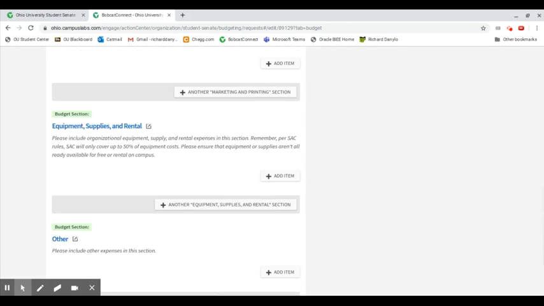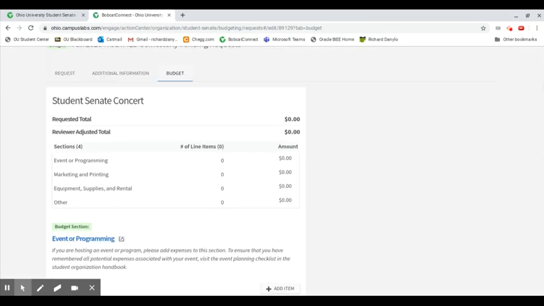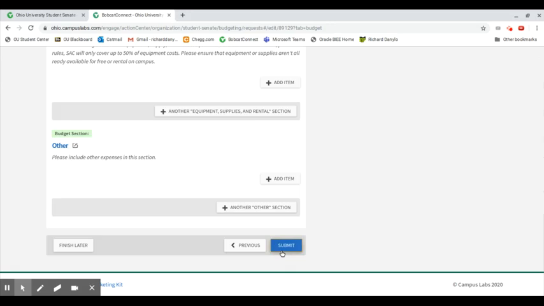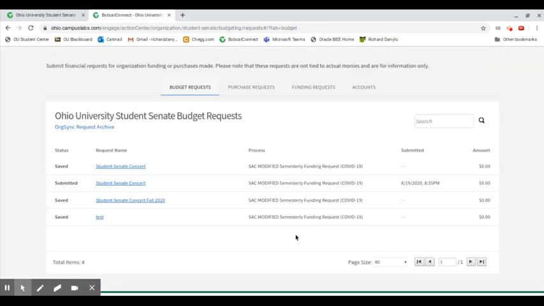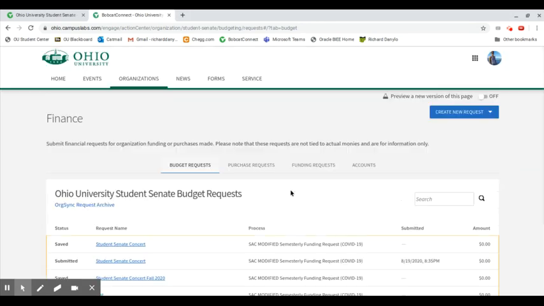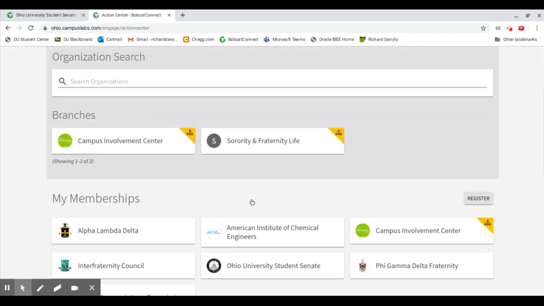But after you would include parts of your budget, then you would click submit, and now we see that out of all of these different budget requests that I have, and these were the three different budget requests that you saw before that were just random ones that weren't submitted, we can see that this is submitted. And so also, if I went back to my management page for Student Senate,